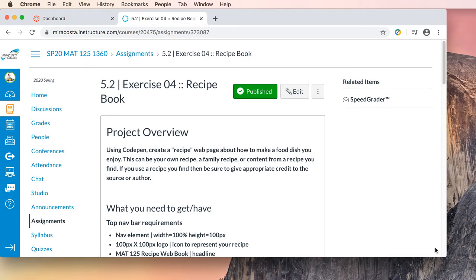So here's a little project overview. We're going to be using Codepen. You are going to be creating a recipe web page, and this web page is about how to make a food dish you enjoy. This can be your own recipe, a family recipe, or content from a recipe you find. If you do use a recipe other than your own, be sure to give appropriate credit to the source or